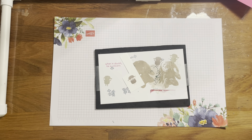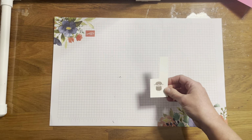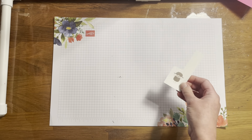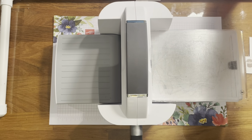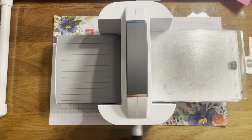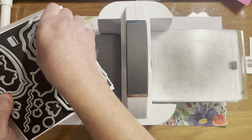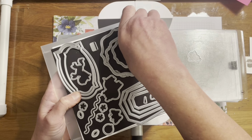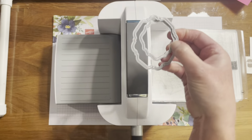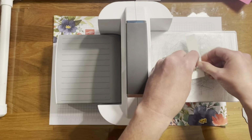And then we are going to cut him out using our die cut machine and the wonderful dies that I showed you. So let's get those out. And we just need just the little lamb. Oops. And then we will need these other two pieces as well, the two smaller pieces right here. Okay, so first I'm going to cut the little lamb out